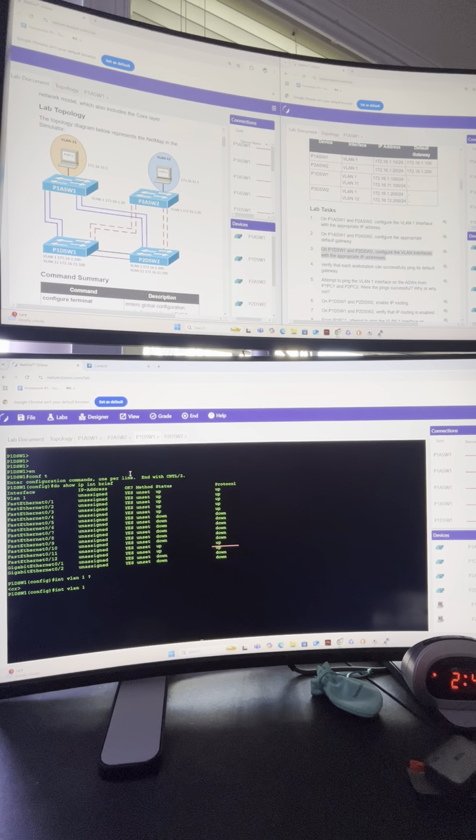So let's go into interface VLAN 1 and configure its IP address. It's going to have an IP address for VLAN 1 of 172.16.1.100, and a subnet mask of 255.255.255.0. It's a /24. Let's give a no shut to make sure this is enabled. Let's do an exit. And let's go ahead and configure